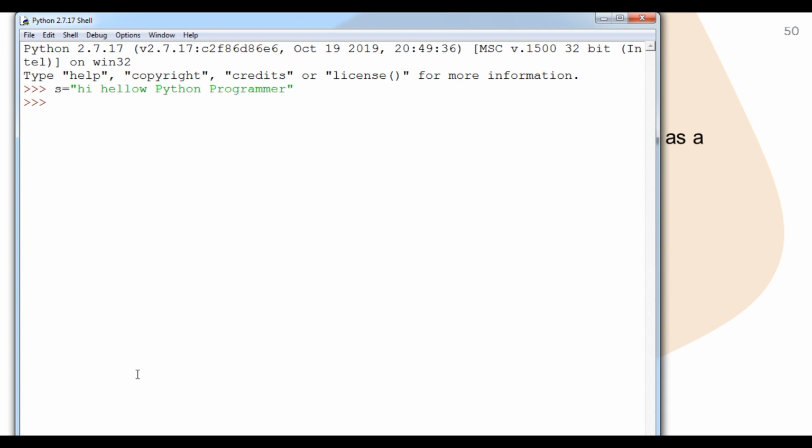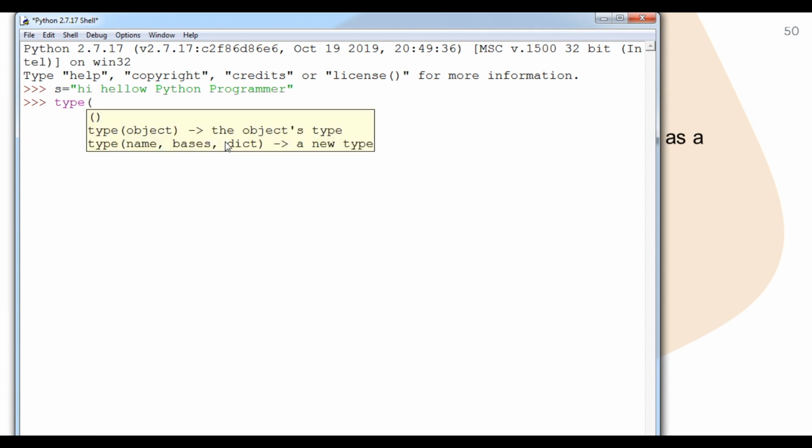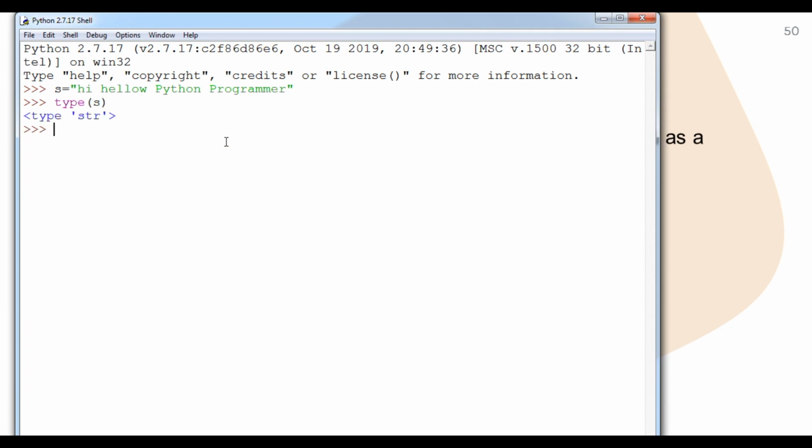Okay, double quote close. In this case, you can see that a string literal, "student", is stored in variable s. That means if I type to check its type, it will show me a string. What happens if I type multiple lines? A variable can also store a multiple-line string. So how to do it?